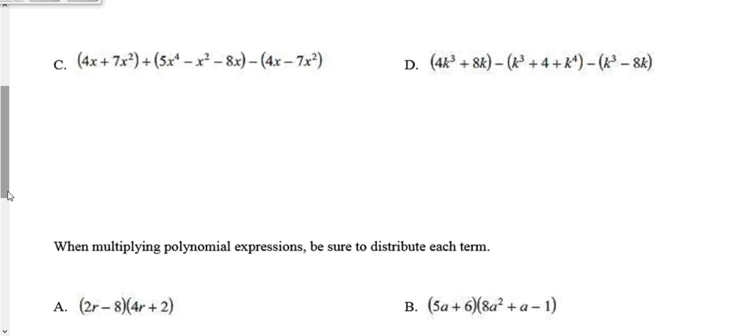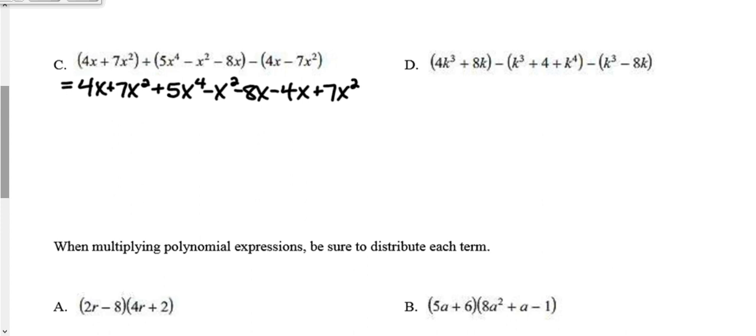So again, if you prefer to rewrite when you have a negative, not a bad idea. So I'm just rewriting what was already given. If it's a plus like I'm running across right now, all the signs stay the same. But then here is where I'm going to switch them because I'm going to distribute that negative. You don't have to do that step, just kind of a good strategy. If you try it a couple times and you are making a mistake with the sign, then it might be a good idea to go ahead and do that. Okay, so biggest exponent,